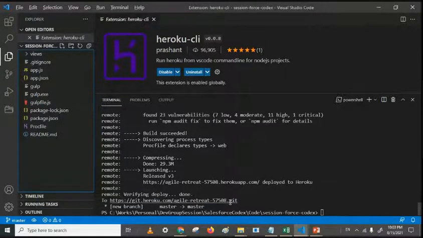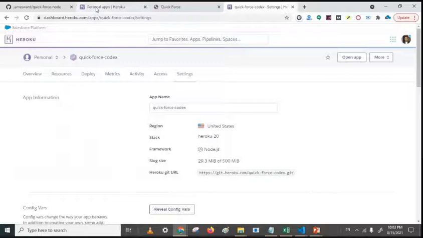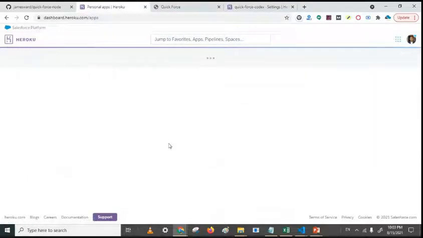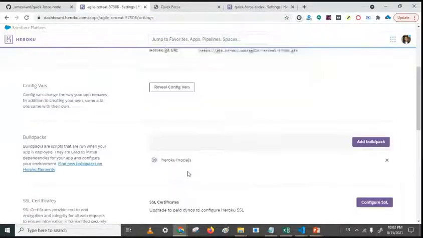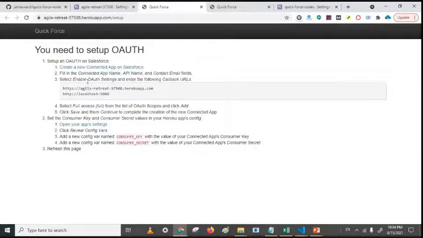So for the deployed version, you can see method not allowed. Okay, let's go in this one, Agile Retreat, settings, and you can see this is the application. Now this application is saying, first you have to set up OAuth.